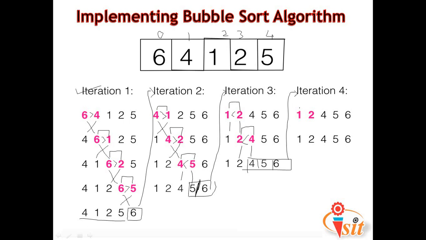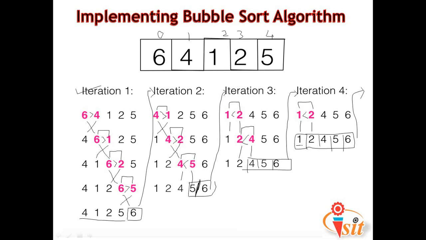So in the fourth iteration, the first element 1 is going to be compared with the second element 2. Now the first element is less than 2. So in that case there is no need to do the swap. So already we got the 3 numbers. Here we got the 4 numbers, like 2, 4 and 5, 6 in sorted order. So when we go to the next one, only a single element is remaining. So there is no need to do anything.